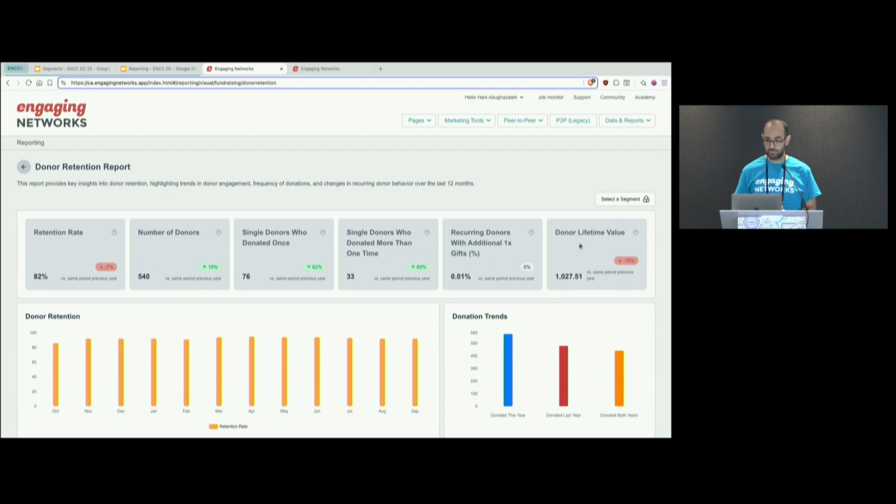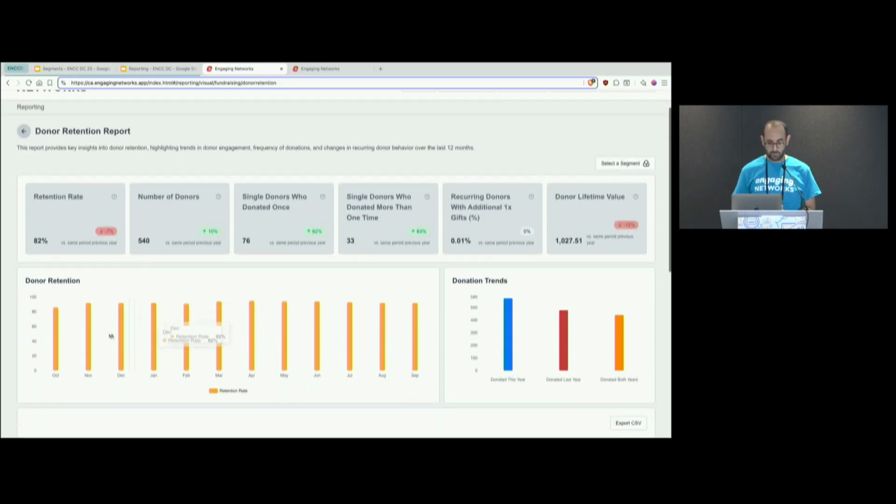We added this new field, donor lifetime value, which we believe is going to be beneficial for our users. And then again, with the previous one, you're always going to be having that comparison versus same period previous year for each one of these metrics. Here, it shows the retention based on the last 12 months